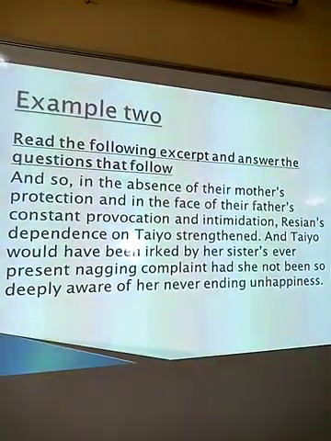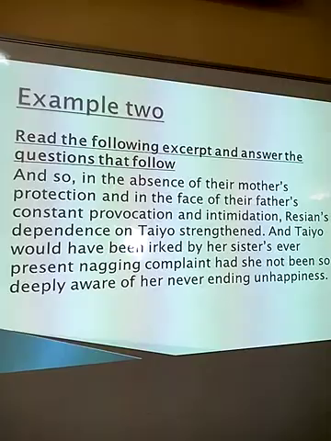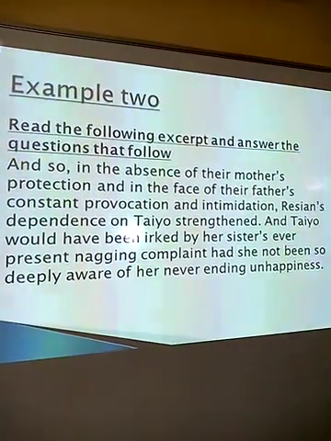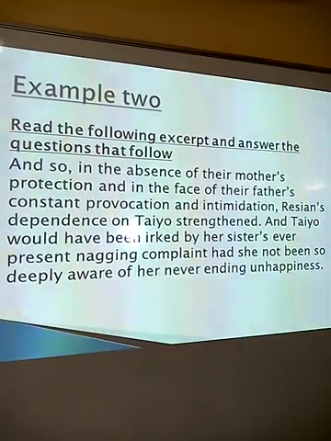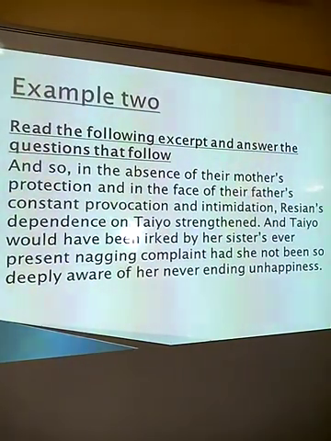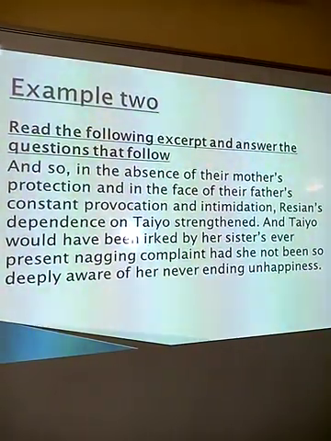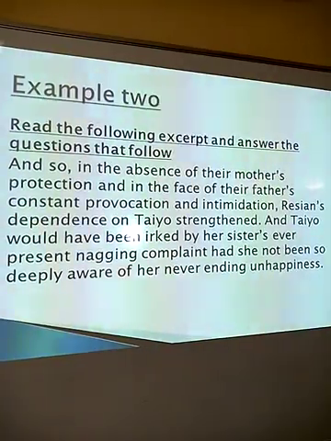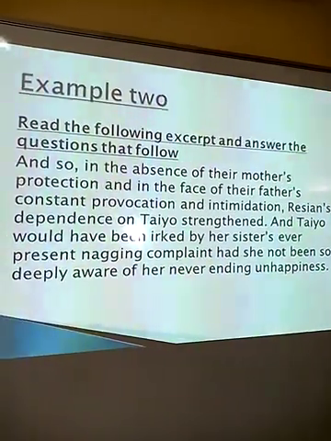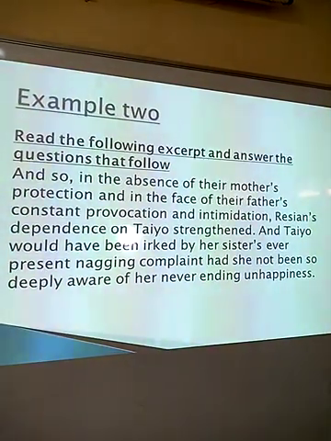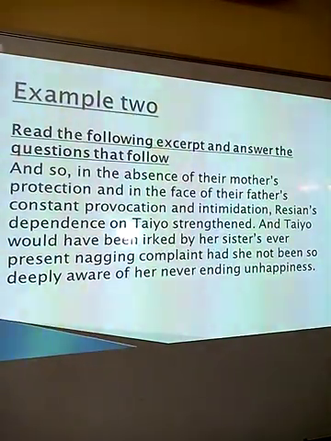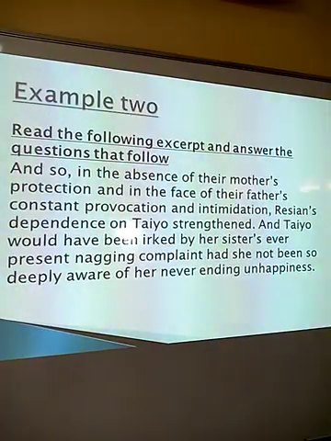Let's go to the second one. We have another excerpt here. Read the following excerpt and answer the questions that follow. That's our second excerpt. "And so, in the absence of their mother's protection and the face of their father's constant provocation and intimidation, Resian's dependence on Taiyo strengthened. And Taiyo would have been irked by her sister's ever-present nagging complaint had she not been so deeply aware of her